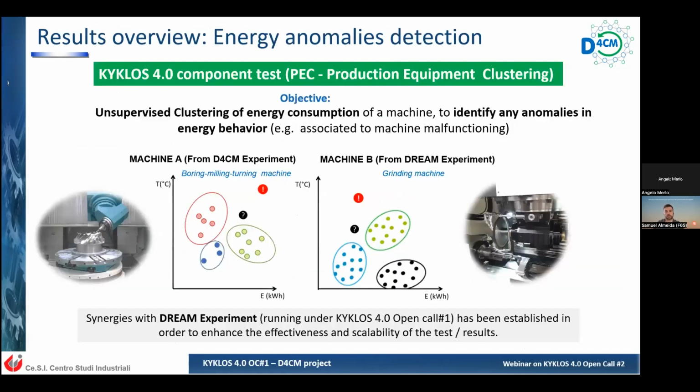So I move towards the second result that I want to speak about, which is energy anomalies detection, where we have the opportunity to test the PC, the production equipment clustering of Kiklos. Here we use, let's call it, unsupervised clustering to identify anomalous energy behavior associated, for example, with machine malfunction, when the machine consumes too much. For example, maybe there is some increasing friction or wear in some of the parts